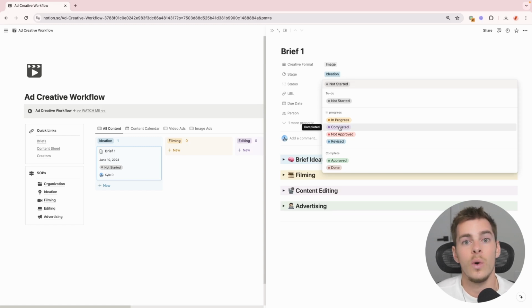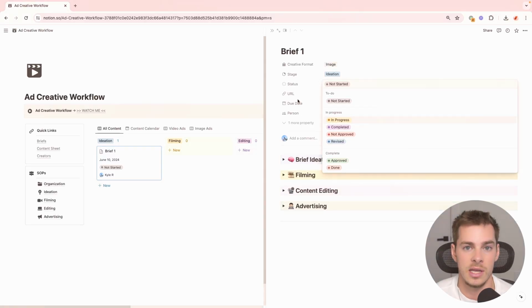And then maybe I'll tag whoever it is that I want feedback from, as opposed to assigning the individual who owns this stage. Because generally we only want one person to own a core stage and be responsible for the end-to-end process, even if we do need someone to come in and approve something within that stage.